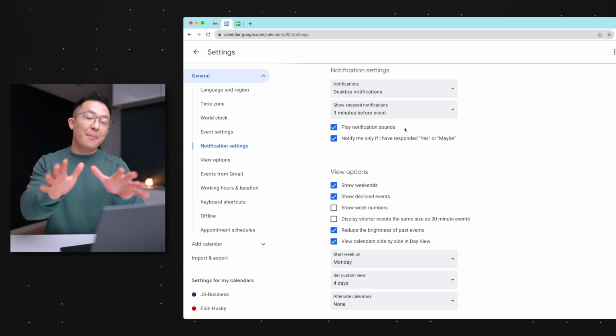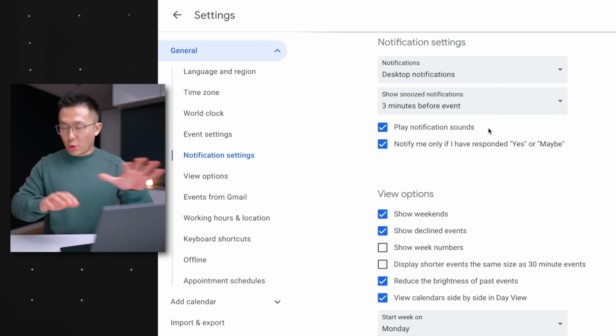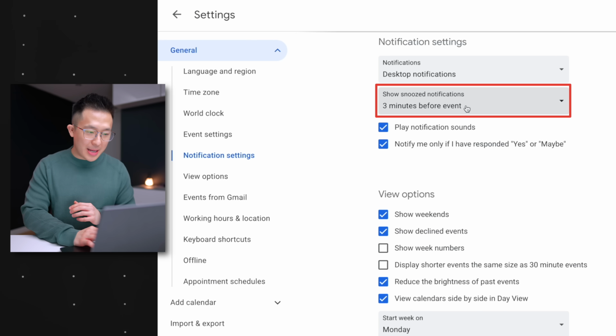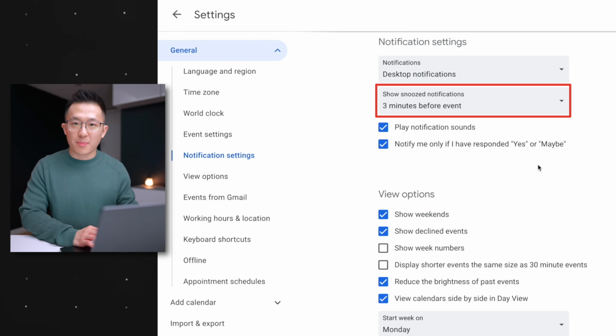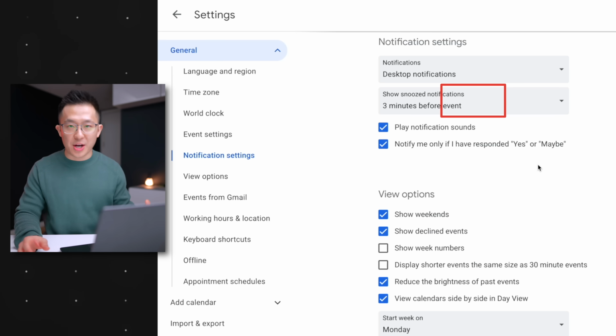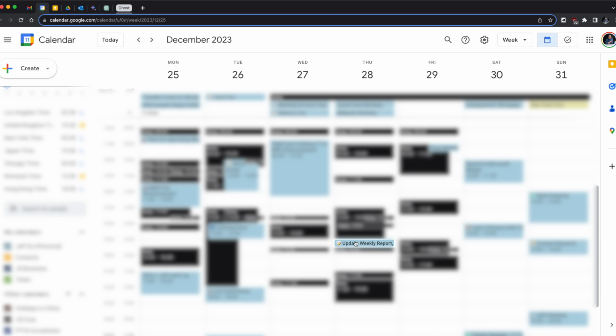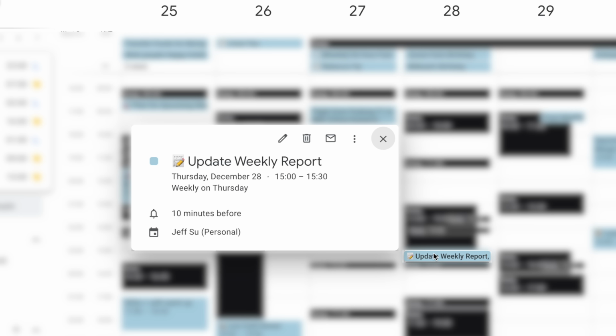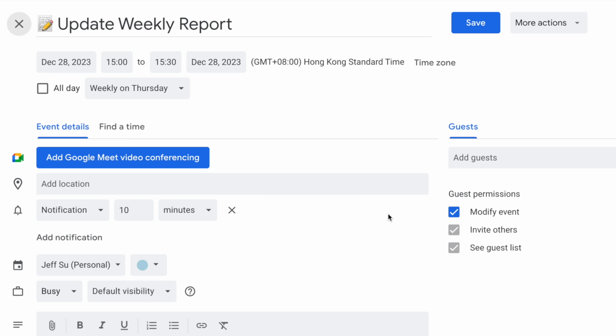The sixth mistake to avoid, relying only on calendar notifications. Let me explain what I mean. For normal events like meetings, I have a 3-minute notification applied across the board, and this works fine for most situations. But if the event is a reminder for me to take action within that time slot, for example, this recurring reminder to update a weekly progress report, I first choose the email notification type, 10 minutes is fine, and